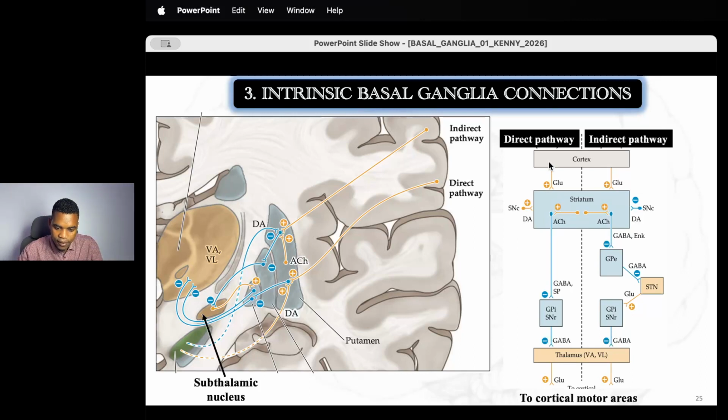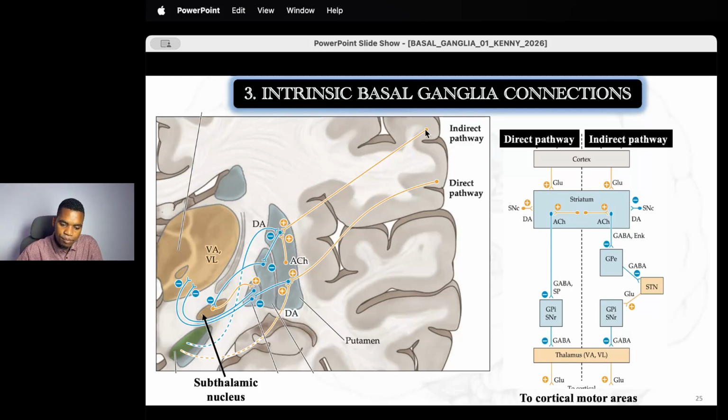So this is exactly like this one. So let me show you. We have input from the cortex to the striatum, and then from the striatum directly to the output, which is represented here by the internal segment of the globus pallidus. Easy, right? And then we have an indirect pathway, and in the indirect pathway we see that the information